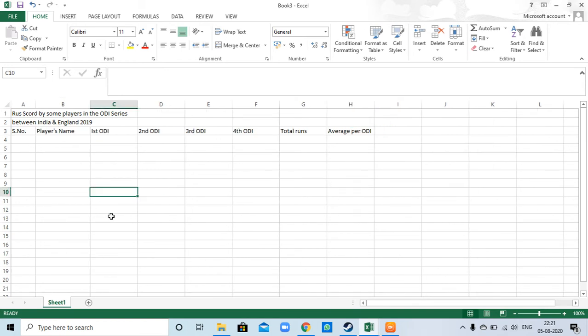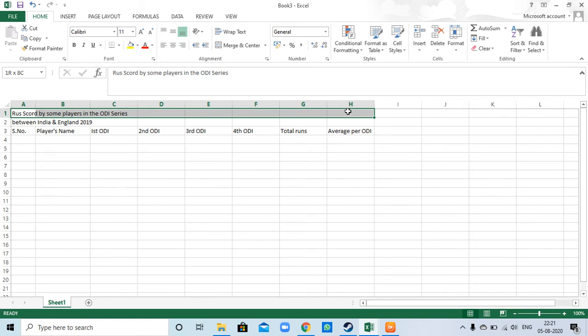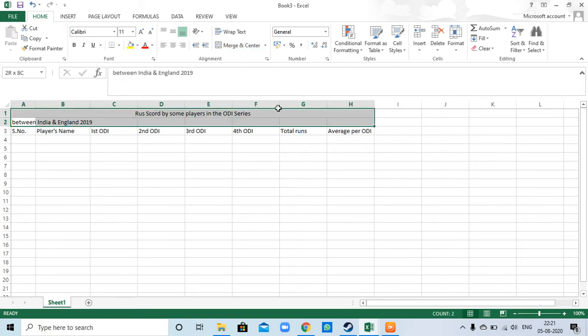First of all, set this heading. Drag the first row up to cell H and click on Merge and Center. And then select the second one up to H and then click on Merge and Center.